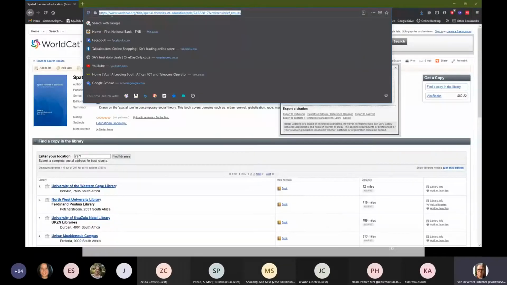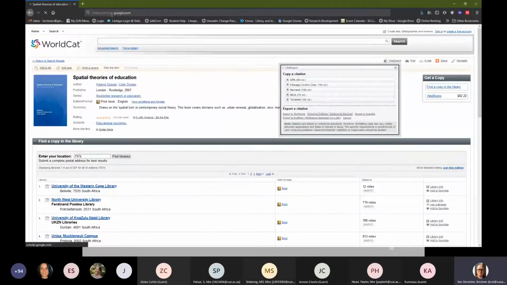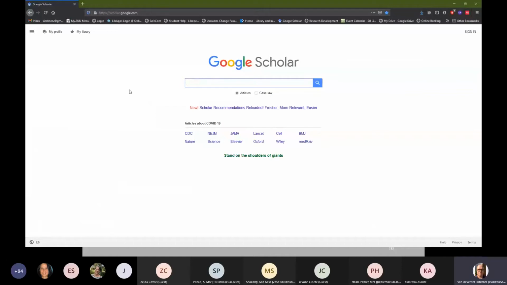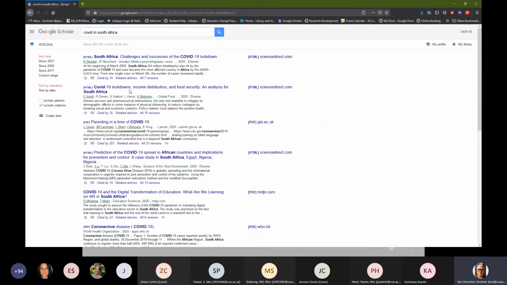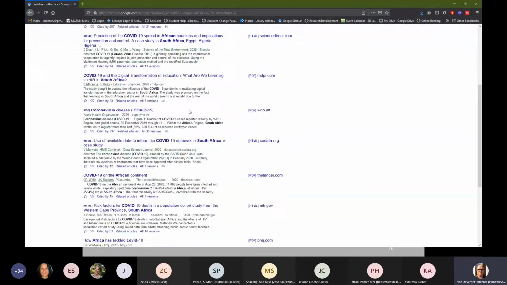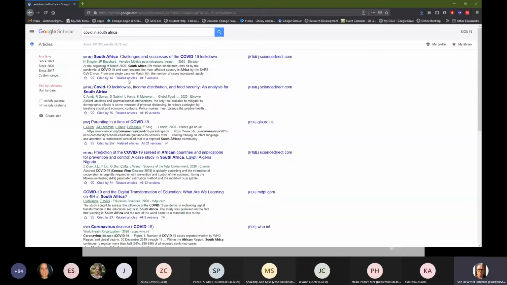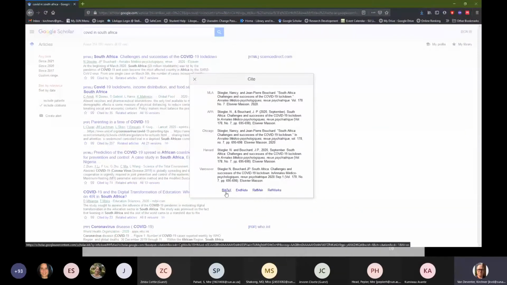And last but not least, Scholar. Now you're going to get a couple of results as well. And a quick way to export references from Google Scholar is this little cite button here at the bottom. You can click on that cite, and then you'll see again, BibTeX, EndNote, RefMan, RefWorks. So if you click on BibTeX,